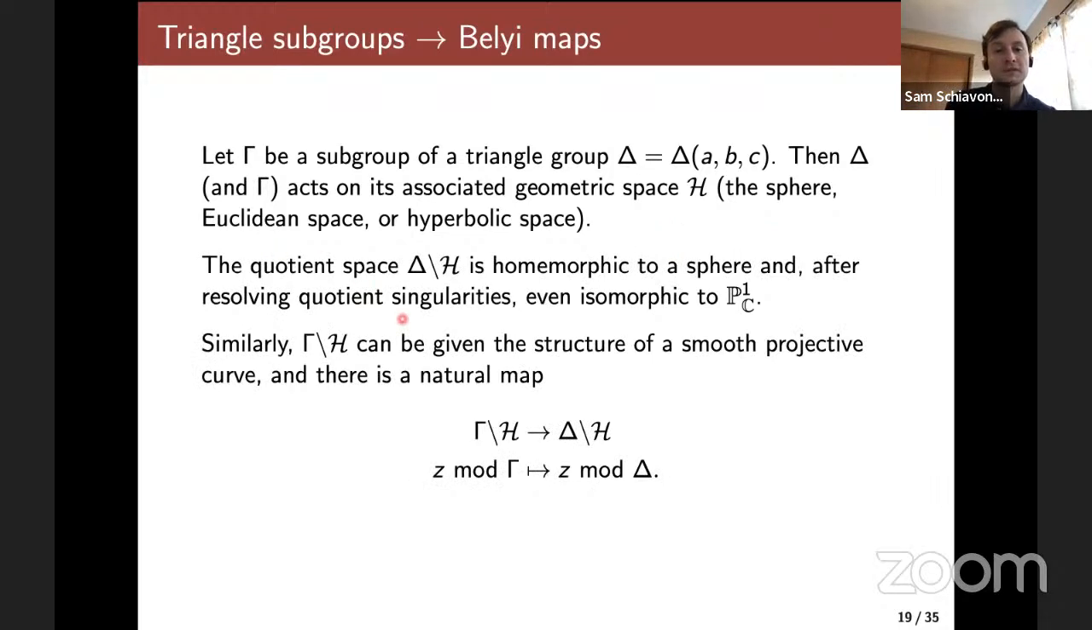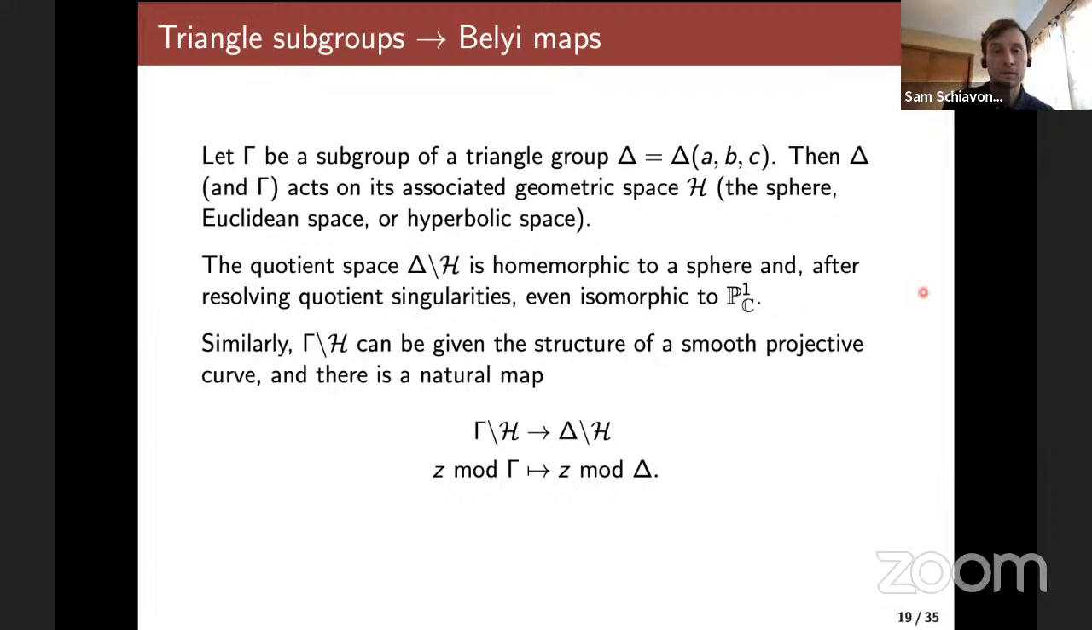Okay, so the quotient space H mod delta is homeomorphic to a sphere, and after resolving quotient singularities, even isomorphic to P^1 of C. So maybe you remember the picture that I drew in hyperbolic space. It was sort of this union of two triangles, and the sides will be identified. So you'll get this sort of triangular dumpling looking thing, but it has these 3 corners. But you can resolve those, blow them up, so you get a smooth curve,